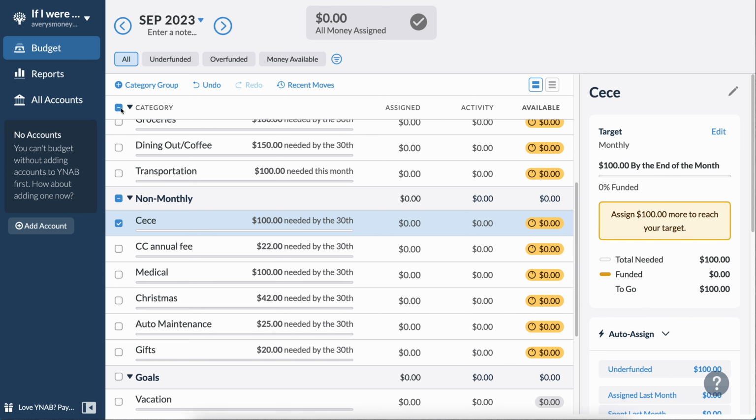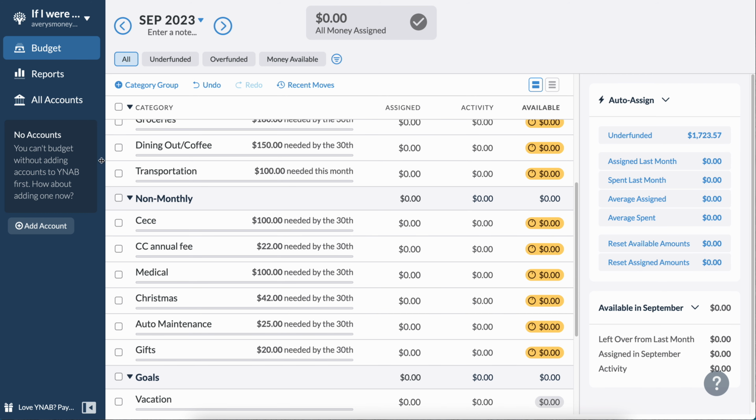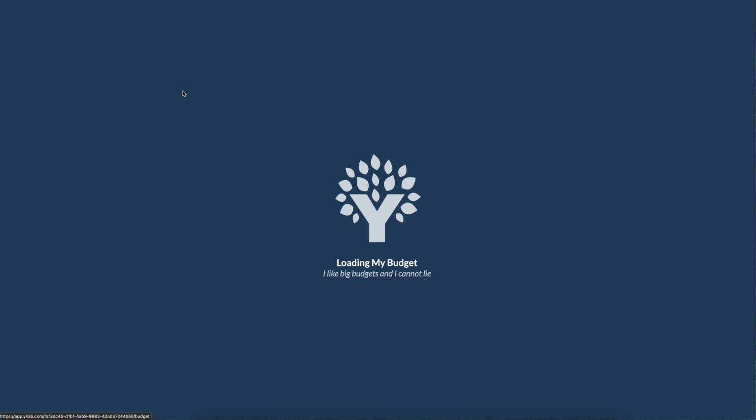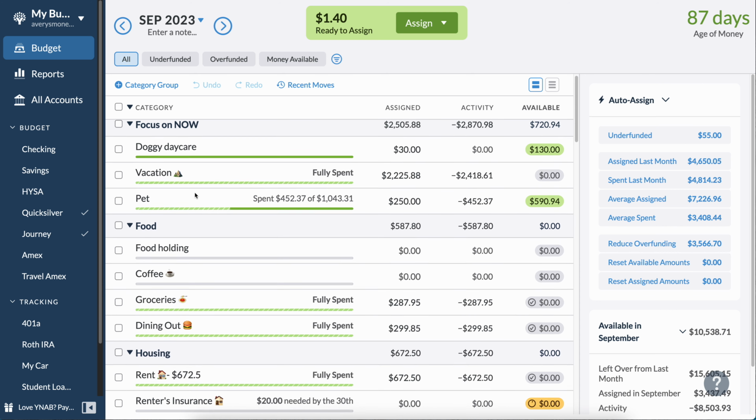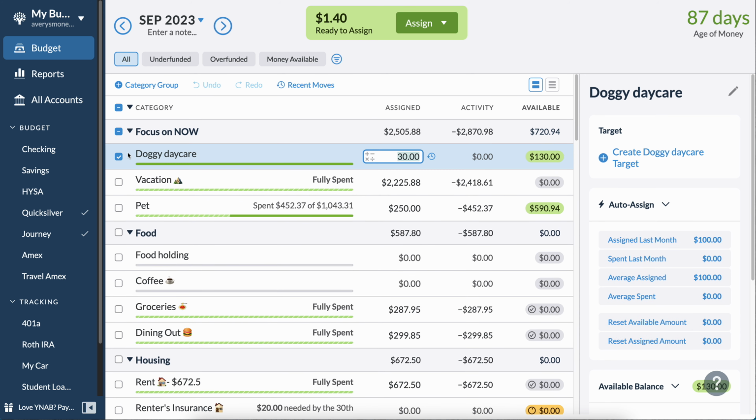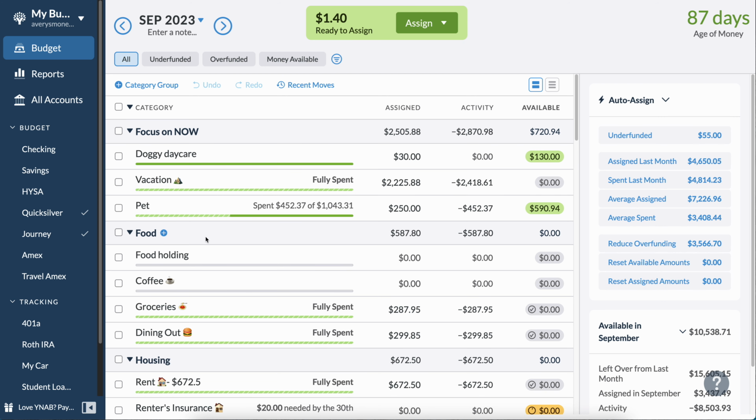So I'll do that. So it takes me up to $1,723. In this scenario, I would not be doing any doggy daycare because I'm working fewer hours, so I wouldn't really need it. So that's a way to save money.